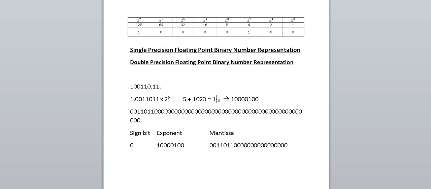So when we add them up, we will get 1028. By the way, the exponent of the double precision representation consists of 11 bits. Since it consists of 11 bits, and this table is only good for 8 bits, we need to add